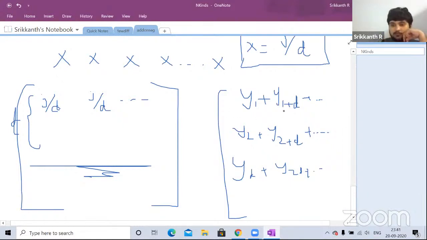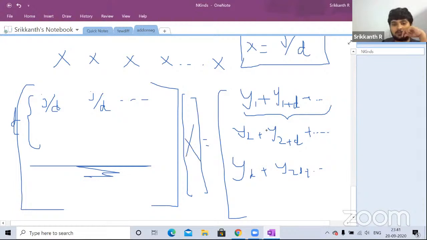So what have we shown here? We have now got constraints on the variables y. What are the constraints? Remember the matrix X was here. So let's just multiply out the first row. The first row, the first column, if you multiply, you get j by d into this guy plus j by d into this guy. Take j by d common. So you get j by d into some of these values equals this guy. So what that tells you is that